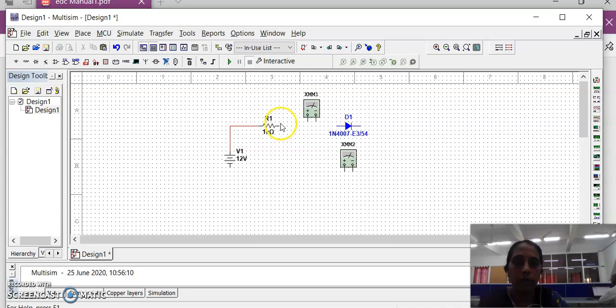Similarly from the resistor to the ammeter, because I want to measure the current. The current is measured in series and voltage is measured in parallel, as we already know. I am measuring the voltage in parallel to the diode. This voltage we call the diode voltage, and the current we call the diode current. The other end of the source is connected to the